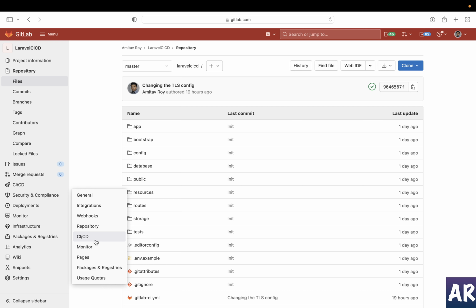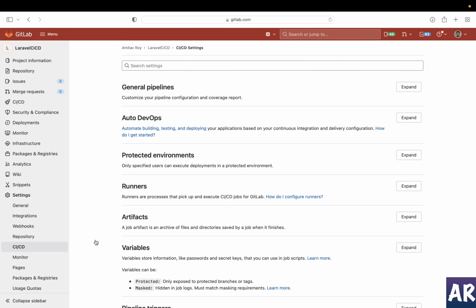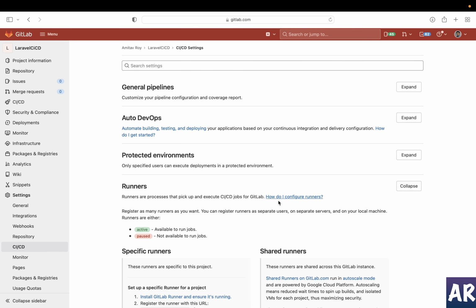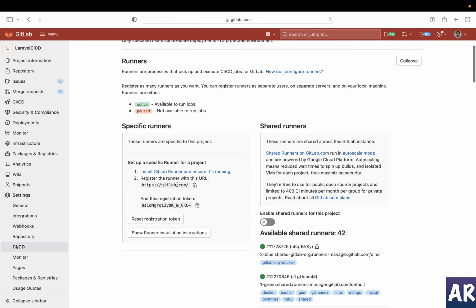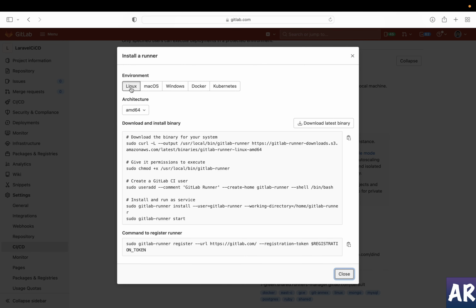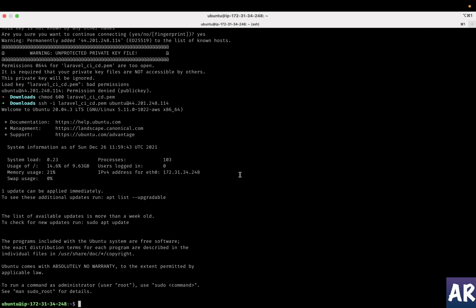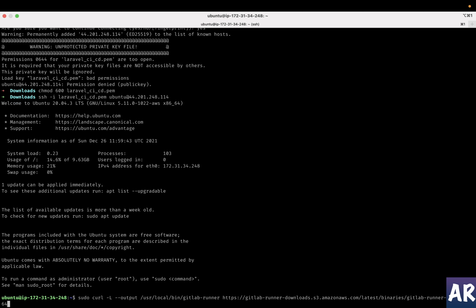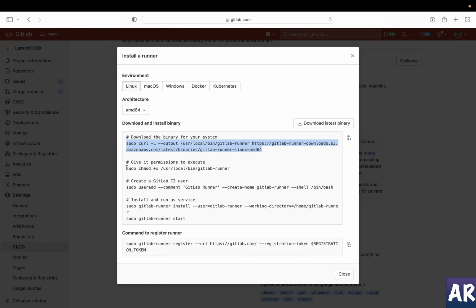Go to Settings, CI/CD, and then inside that you will find Runners. Expand it and you will see the installation options as well. First, let's try to install it. Choose the environment. I am on Linux, AMD64 architecture. That's fine. I'll copy this, go to the server and execute it. Next thing, let's give it executable permission